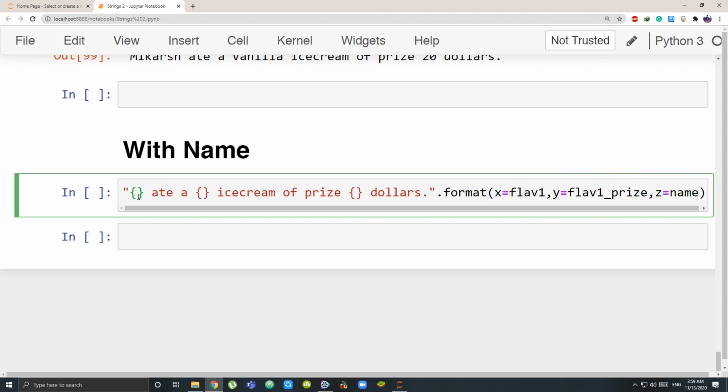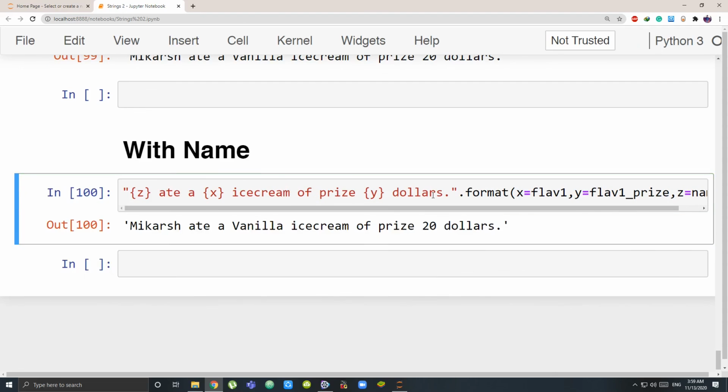And here I can write in place of the first curly bracket, the one given Z name, that is the name is given Z, it should come. Flavor 1 price is given the value Y, so Y should come after price. And here the X variable should come. So I can have it this way also.